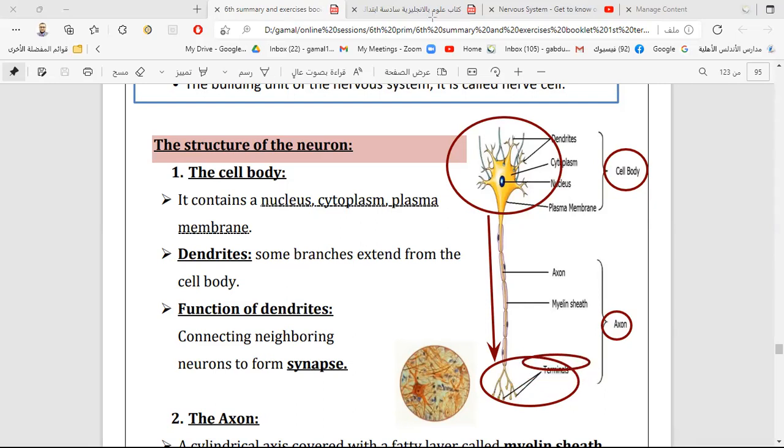Okay? Yes. Meaning the axon reaches the foot. Now how long is it? When it comes from the brain to the foot, how long is it? The axon may be 1 meter or more because it starts in the brain and ends in every body organ, like the foot. So maybe the axon length may be 1 meter or more.